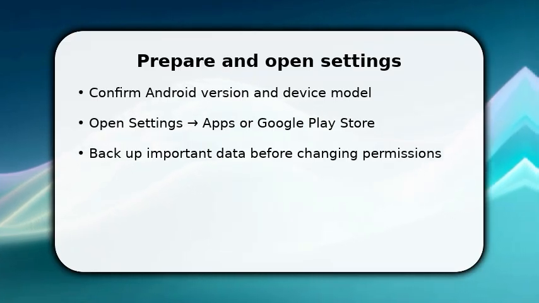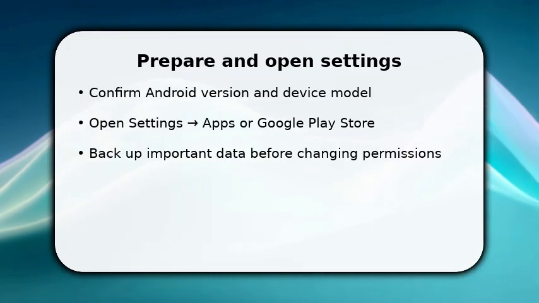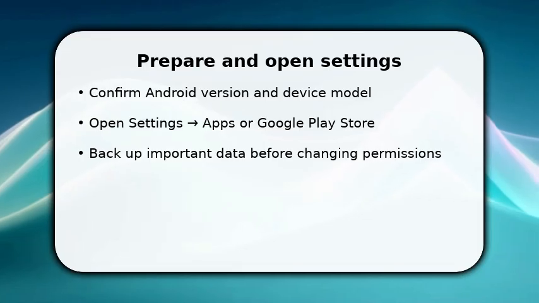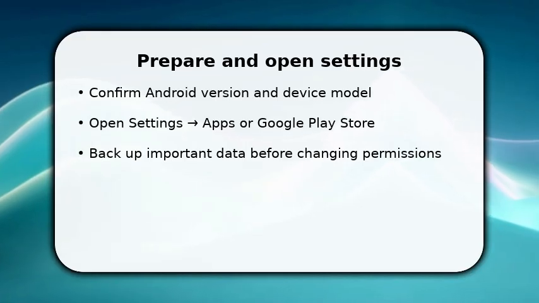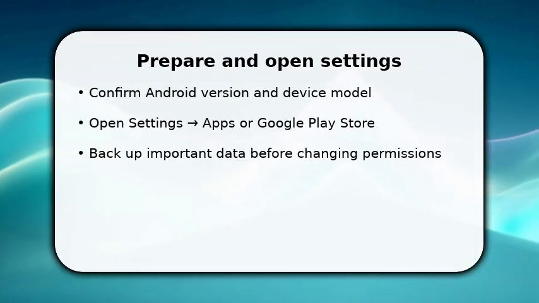You start by confirming your Android version and the specific app causing ads, because procedures differ between versions. Once done, open Settings and navigate to Apps or directly to the Google Play Store app page. Make sure to back up any important app data or account credentials in case you need to reinstall or change accounts. Now, tap the app showing ads and prepare to inspect permissions, notifications, and storage so you can change behavior